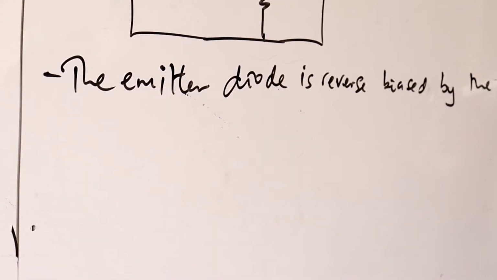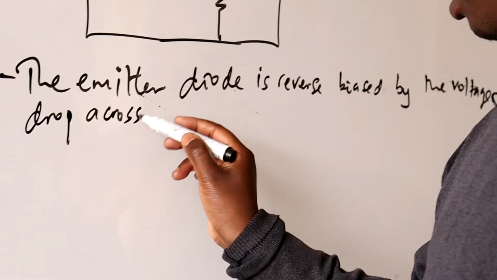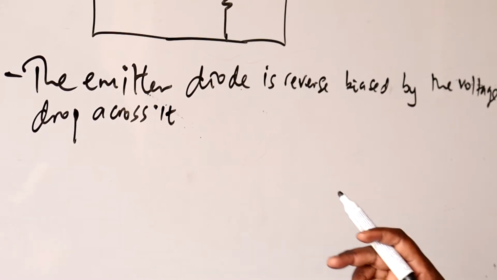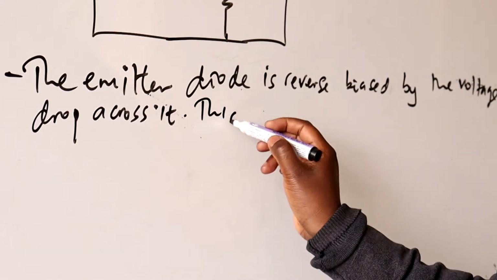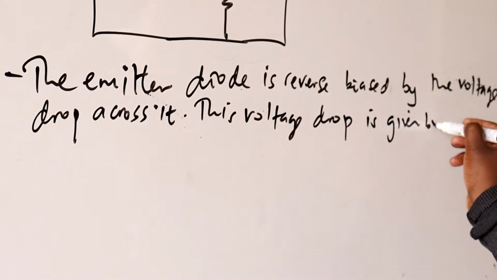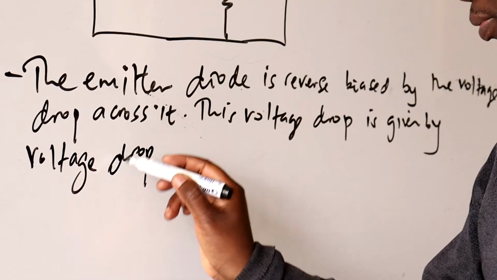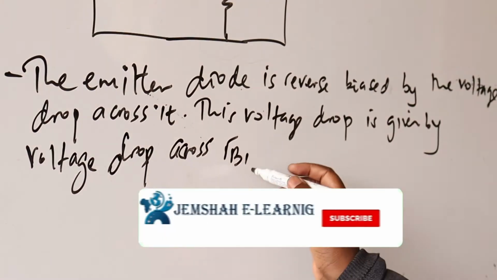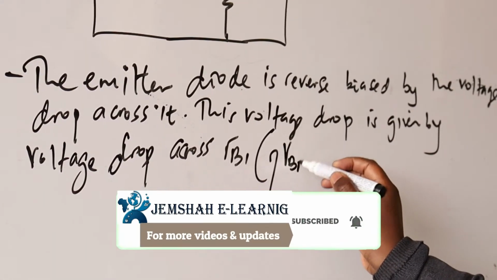By the voltage drop across it. And this voltage drop across it is a function of the VBB. This voltage drop is given by the voltage drop across RB1, which you are referring to as new VBB,